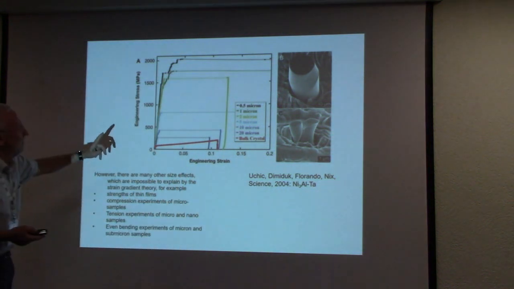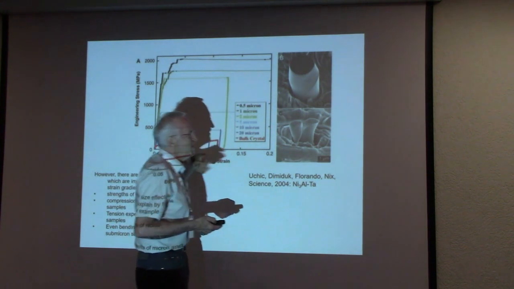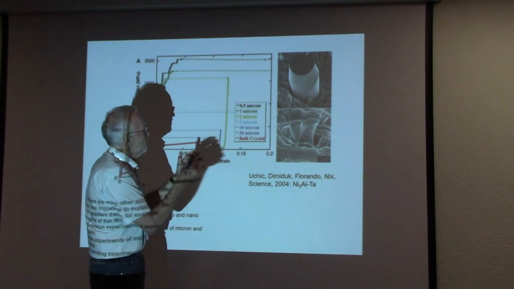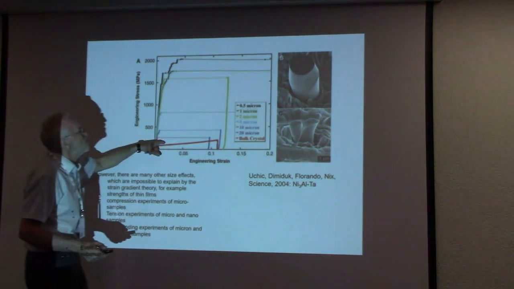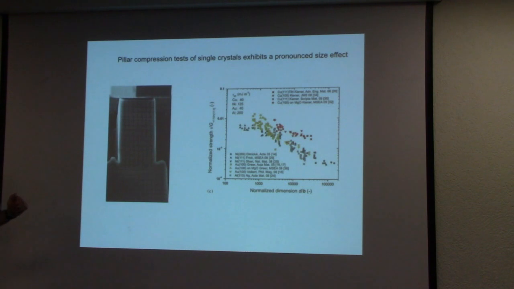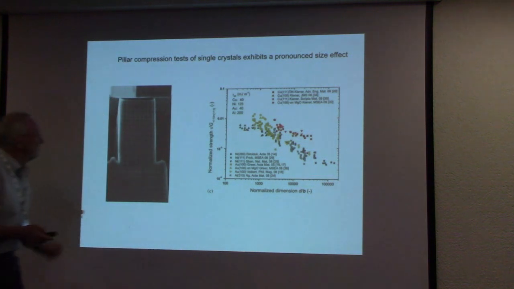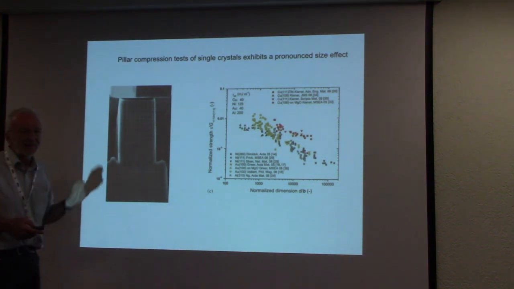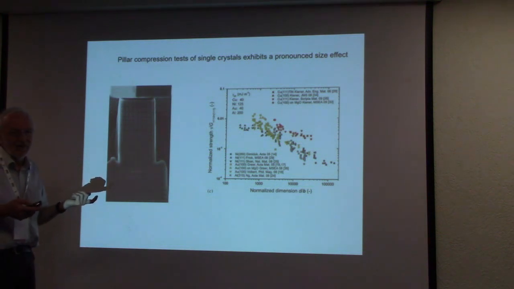He measured the strength of different types of materials as a function of the diameter in a compression experiment. And you see the enormous variation of the yield stress as a function of the diameter. Here you see a summary of the results. Again, here the size. And this also clearly indicates that strain gradient cannot explain why we have this